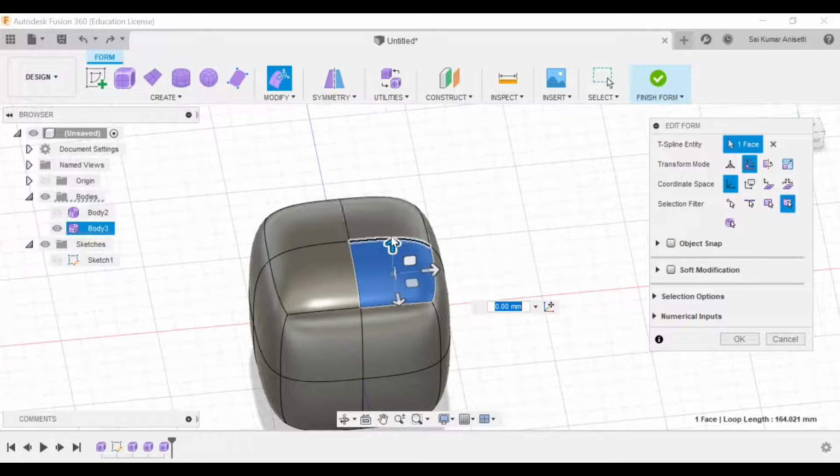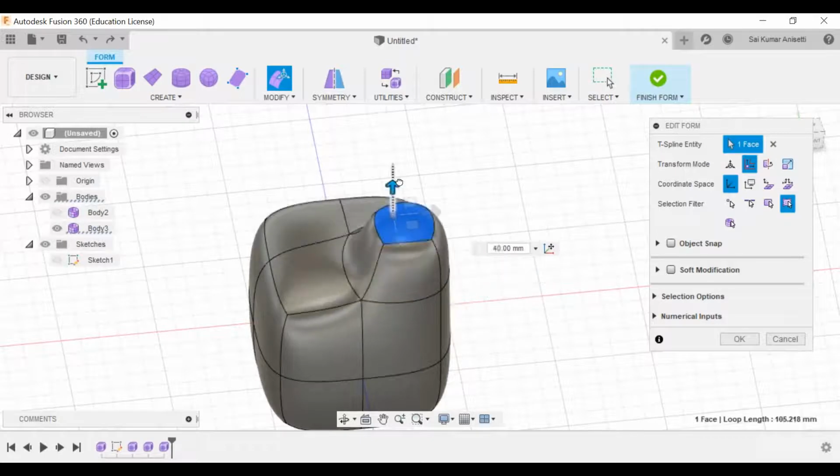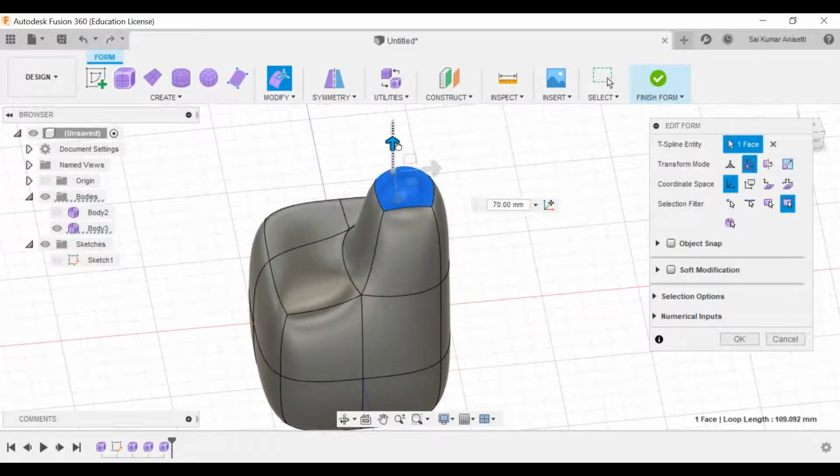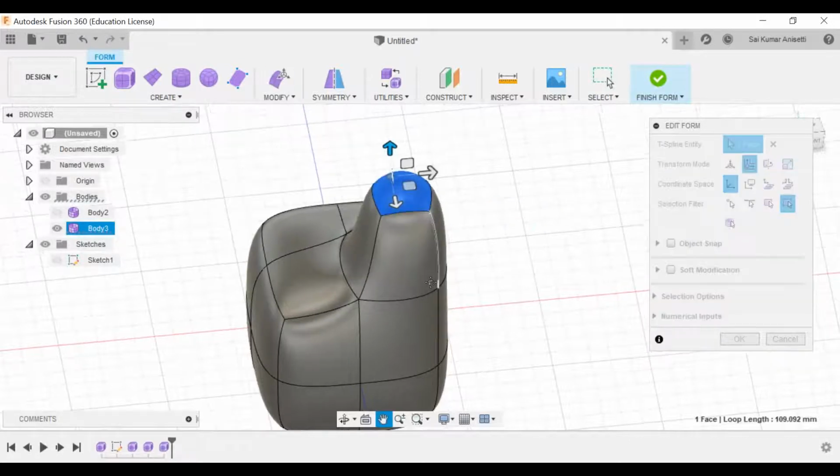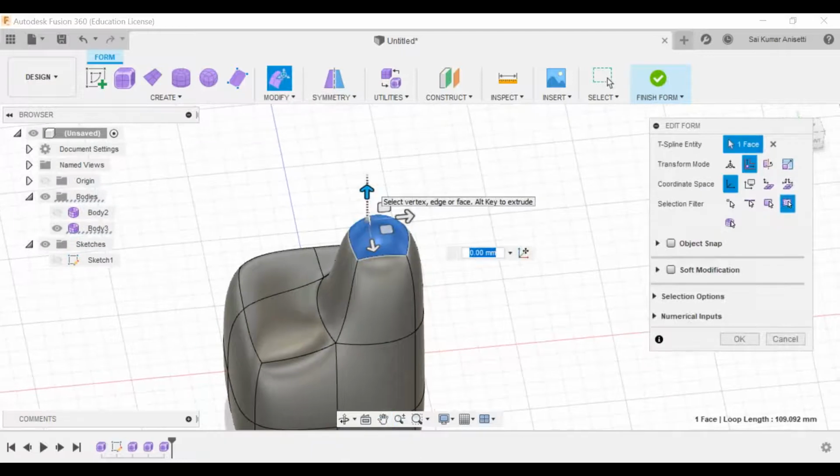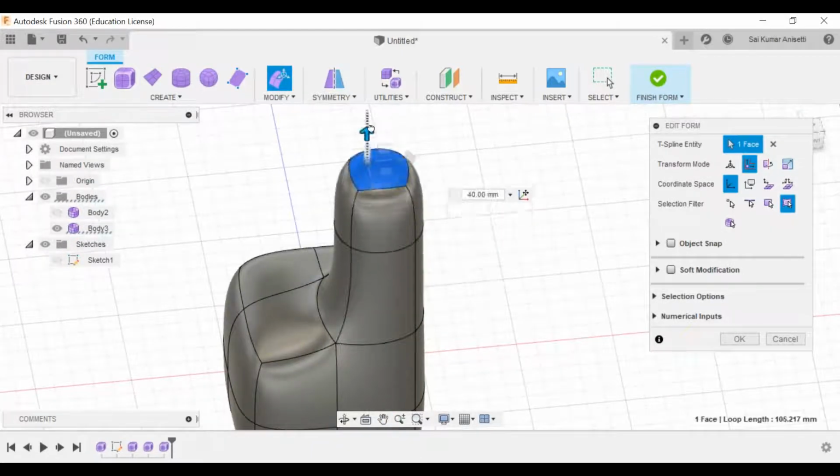Now press and hold the alt button and drag this. See the change. If I press alt and drag this, it is not disturbing these three faces, it is only adding material with respect to this patch itself. That means you are making another clay and adding it on top of this particular face. Got it? Now again I want to add material on top of this, press alt and drag it. See, it keeps on adding material. That is why this symbol is visible to you now.